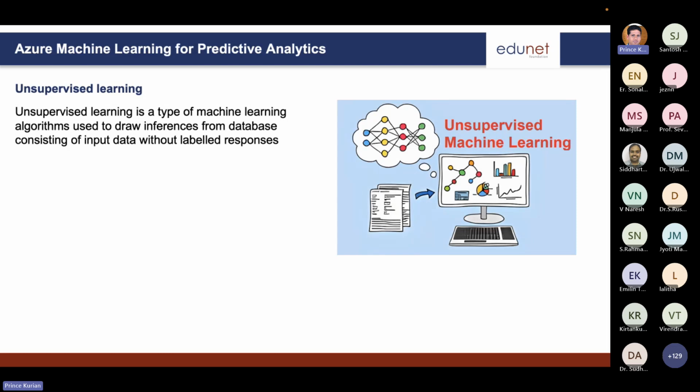We are not giving any instruction. We are not saying this is this thing and this is this thing. We are not giving anything, but the machine itself can learn. Machine itself can learn and classify the things. For a simple example,